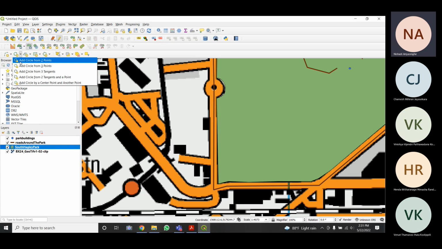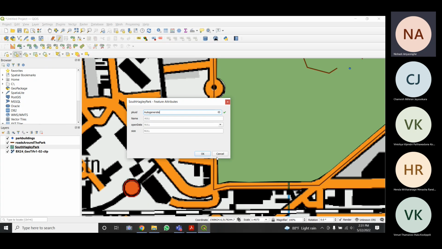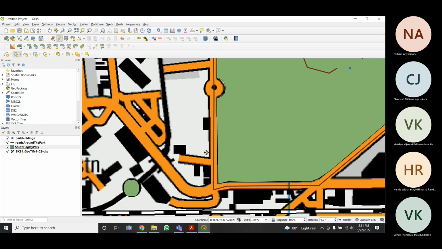So for example, you can add a circle from 2 points. So you can just click on one point and click on another point and the circle is added, right? So all the attributes of the polygon will be given here. So I'm just going to select, okay. So here this is the circle. So it is pretty easy. You do not have to